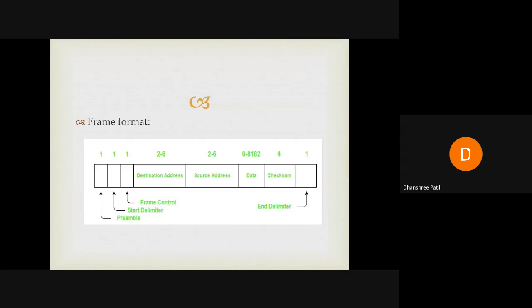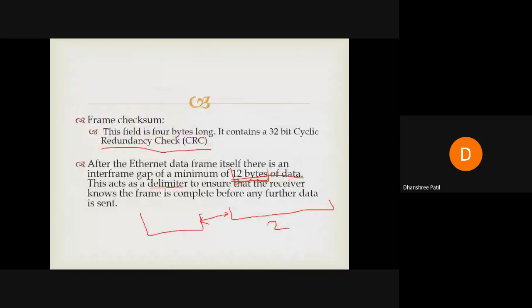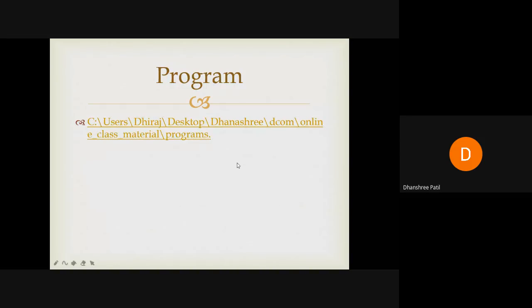Only 4 standards are there, so that is not that difficult to remember. Okay, now next is 802.5. Before that, we will see the practical for this 802.3 and 4. As I told you yesterday, we have an experiment for this particular IEEE standard. I'll show you the experiment for a minute.